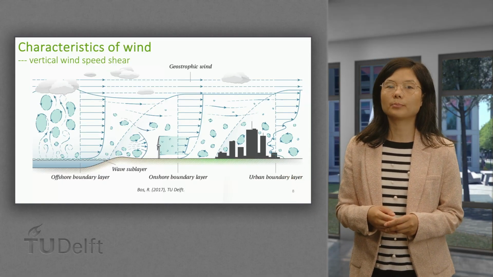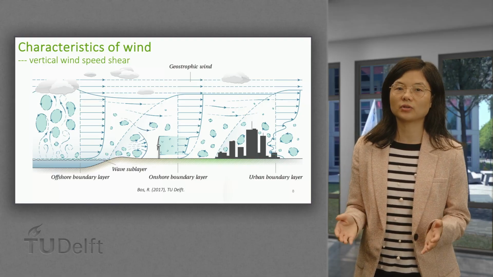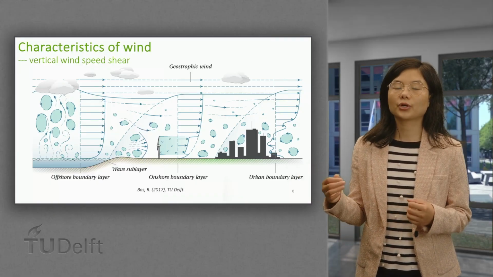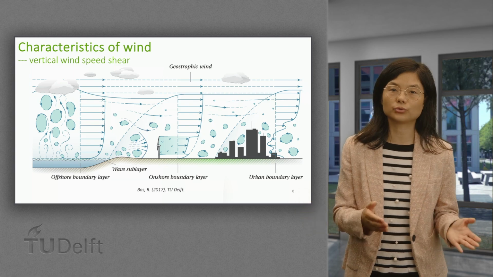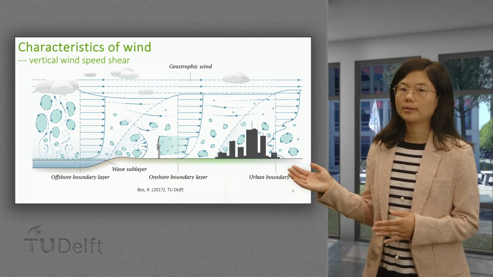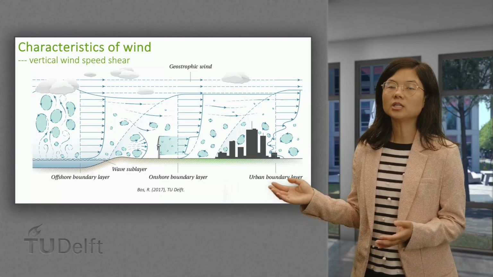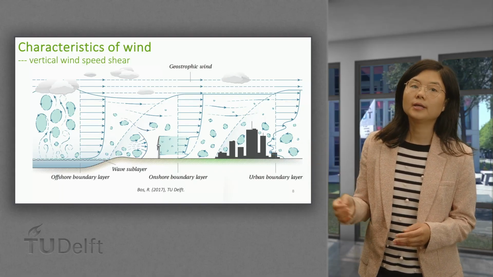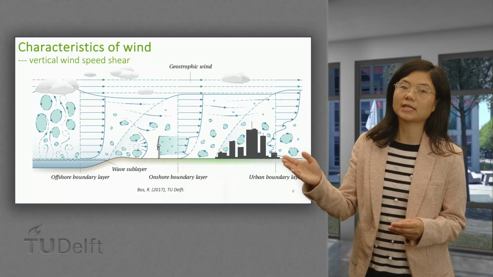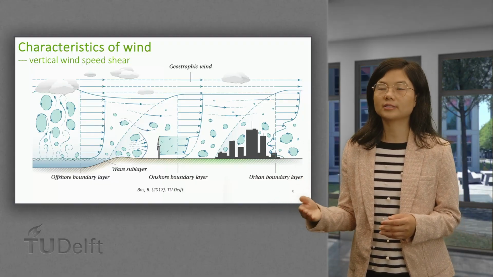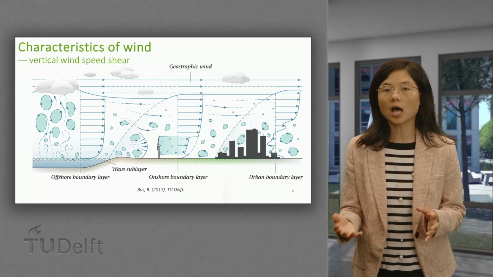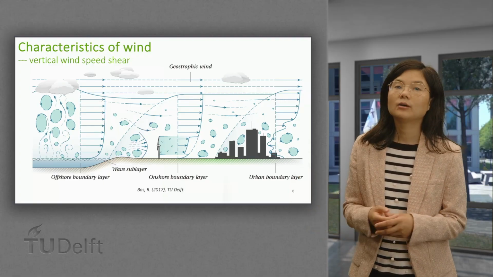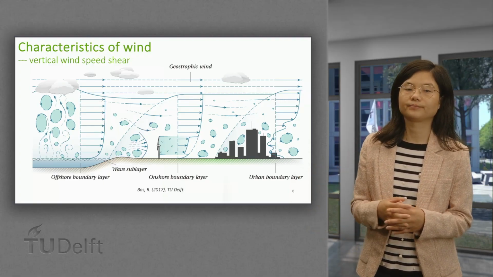The shape of the wind shear profile depends largely on surface roughness, which varies by terrain. Different landscapes create different levels of resistance to the wind. In urban areas, buildings and obstacles increase surface roughness. This causes a steeper wind shear profile, meaning wind speed changes rapidly with height. Over flat, open areas like oceans, surface roughness is low. As a result, the wind speed is more uniform across heights, with a much gentler shear profile.